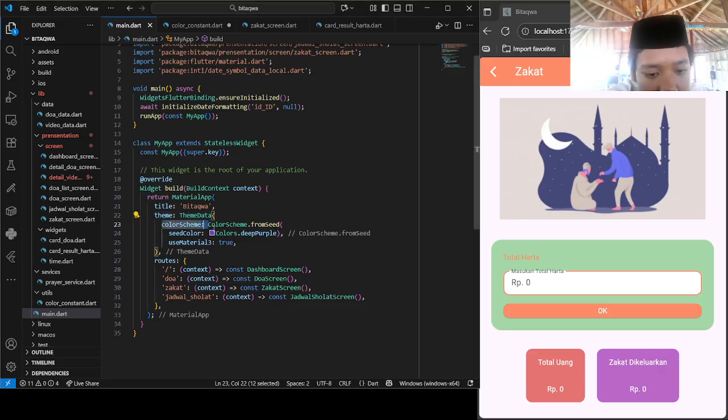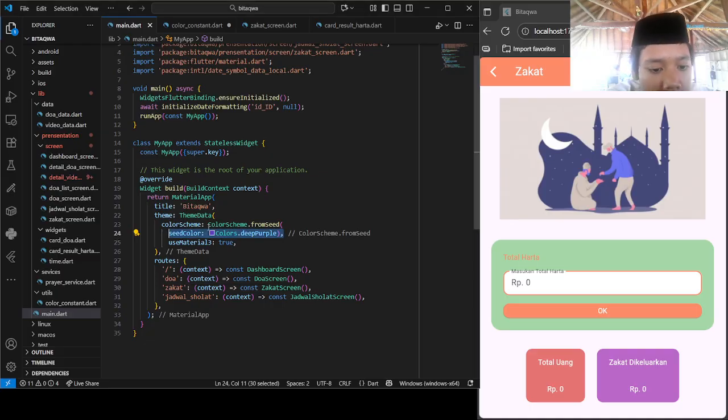And what is this? It's for making a combination of colors from the main color. What is the main color in here? It shows the main color is purple.